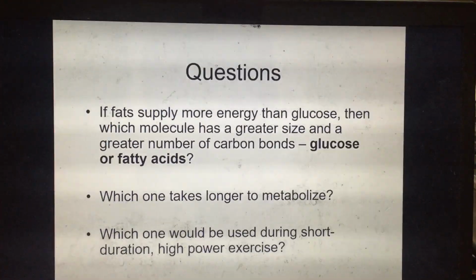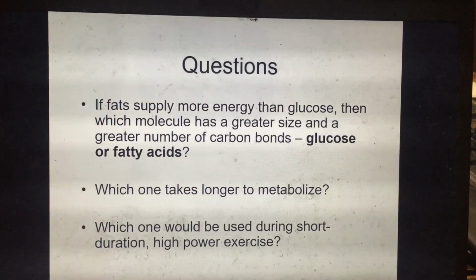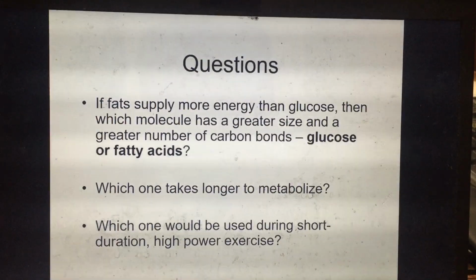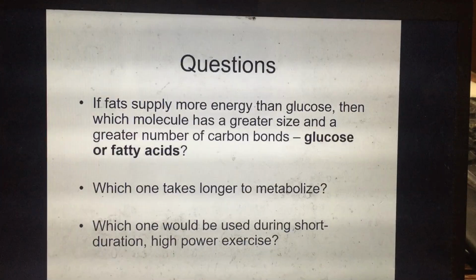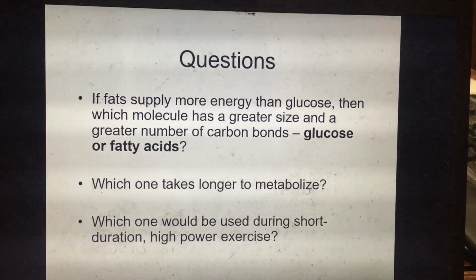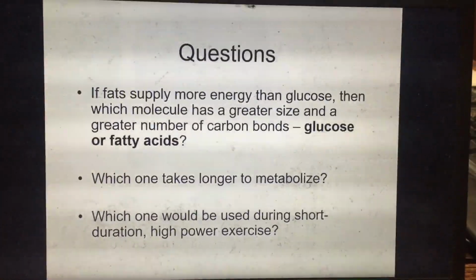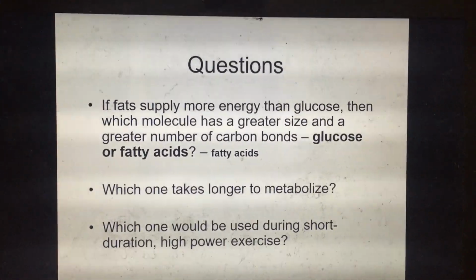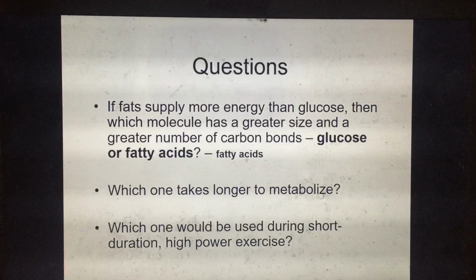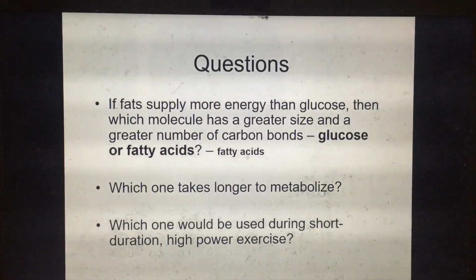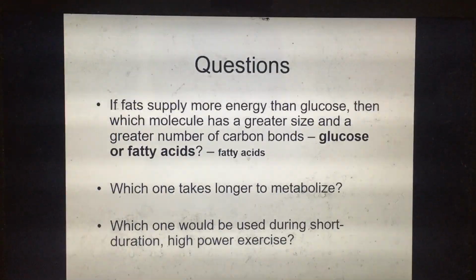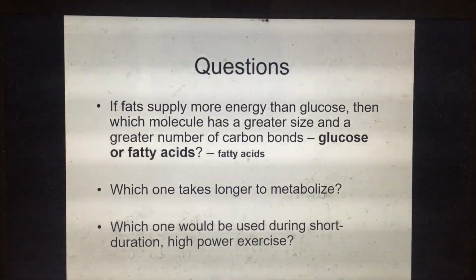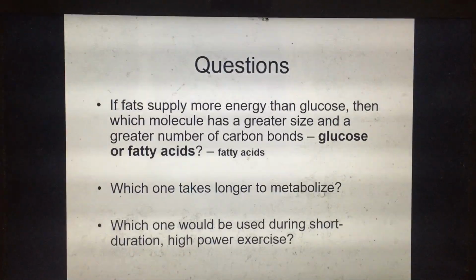So some questions to think about here. If fats supply more energy than glucose, then which molecule has a greater size and a greater number of carbon bonds, glucose or fatty acids? So the correct answer here would be fatty acids. So when you break down those carbon bonds, you can get energy from that. You can make ATP, so you get a lot more ATP made from the breakdown of fatty acids compared to